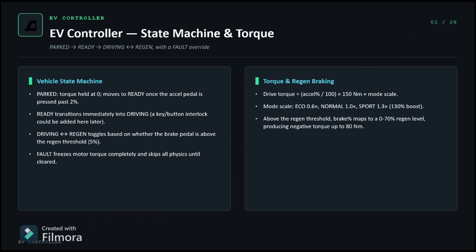Fault freezes motor torque completely and skips all physics until cleared. Torque and regeneration braking. Drive torque, the formula is acceleration percentage by 100 times 150 Nm times mode scale. Mode scale is given by ECO 0.0, normal 1.0, sport 1.3, times 130 percent booster. Above the regeneration threshold, brake percentage maps to a 0 to 70 percent regeneration level, which produces negative torque